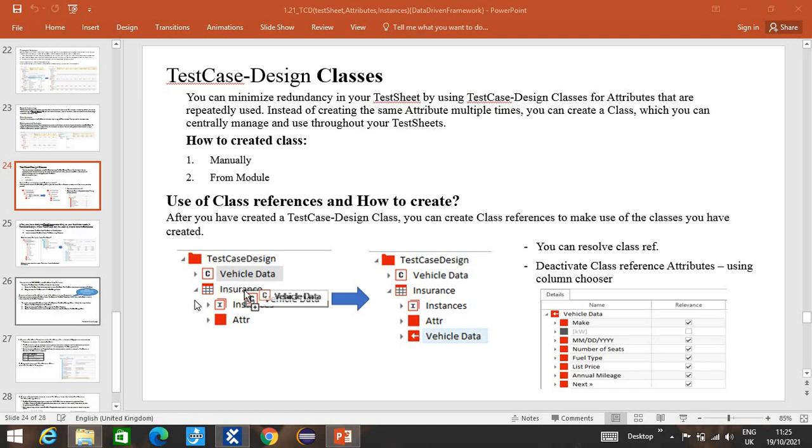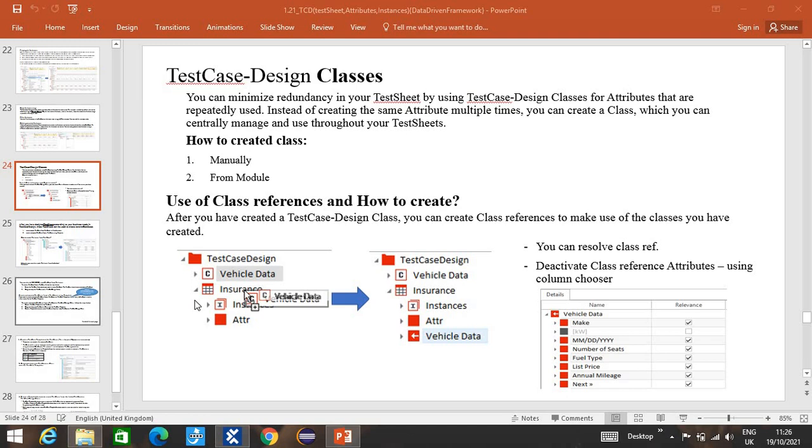So we'll first see what a class is. If you have some idea of Selenium in Java language, there also, let's suppose you want to use the screenshot functionality in a couple of test cases. You just create a class of the screenshot functionality, and you call that functionality by creating the objects again and again. So this is the same